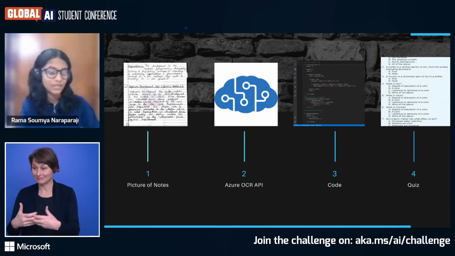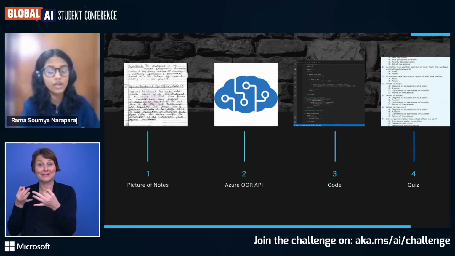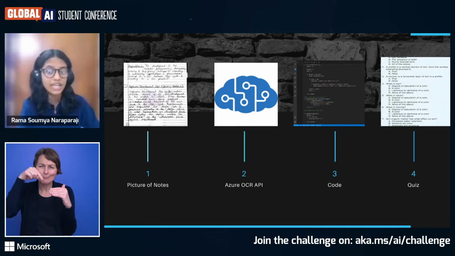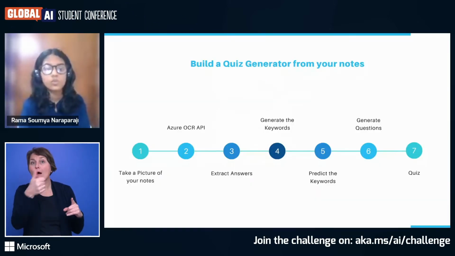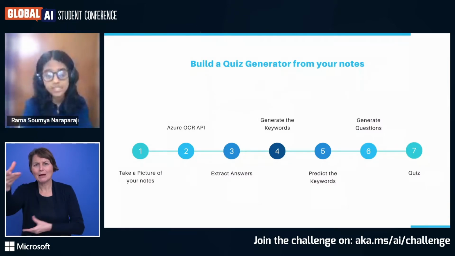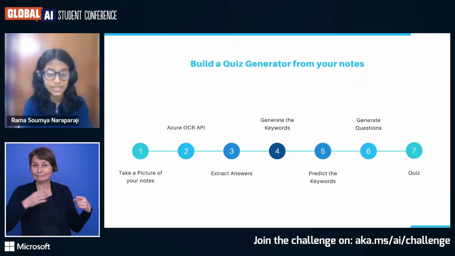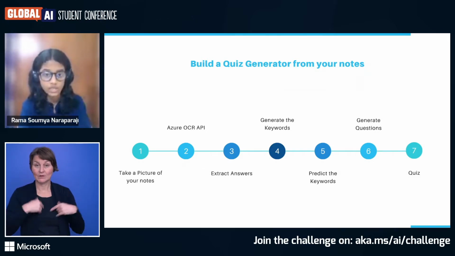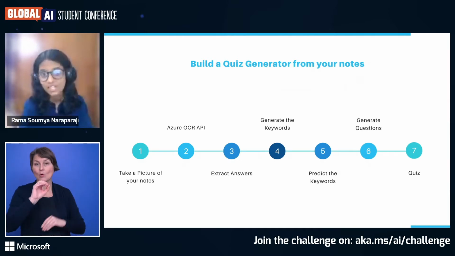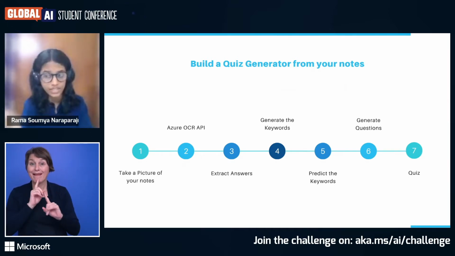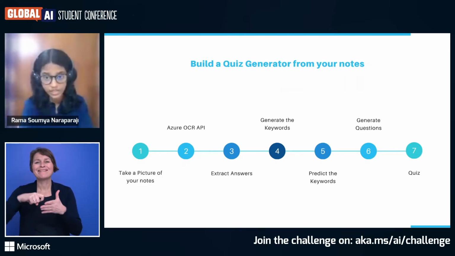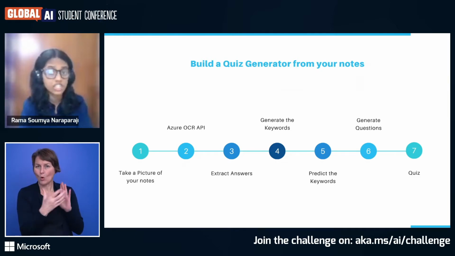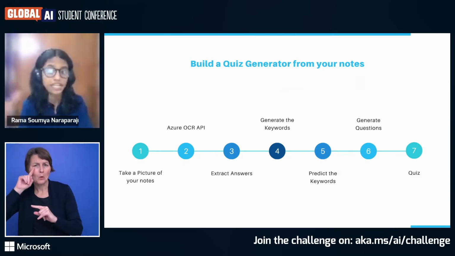I'm going to explain how the code works, how the Azure OCR API works, and how I could replace it with other APIs. Going through the process step by step, we have 7 steps. We take a picture of our notes, we put it through the OCR API, and we extract the answers that we need from the paragraph or text in our notes. We generate the keywords of whatever is in the paragraph or text. We predict the keywords, and then we generate the questions based on this,